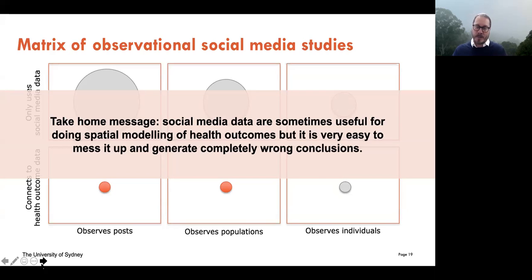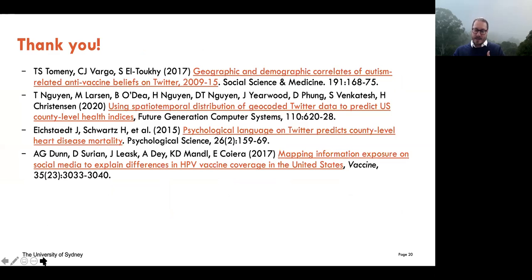And so I think the take-home message, the most important message here is that social media data are sometimes useful for doing spatial modeling of health outcomes or for looking at health outcomes over space and look at how the spatial variation might matter. But it's very easy to mess it up, and it's very easy to generate completely wrong conclusions. And so I think if there's anything that you would go away with today, it would be: don't count tweets,